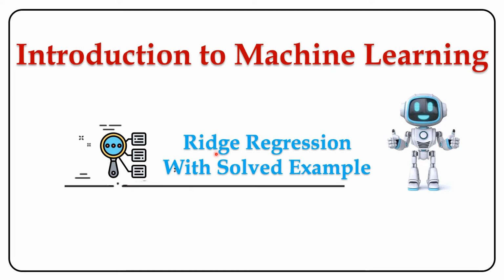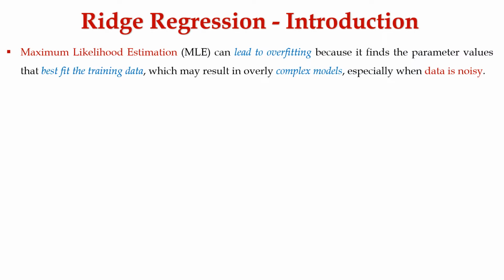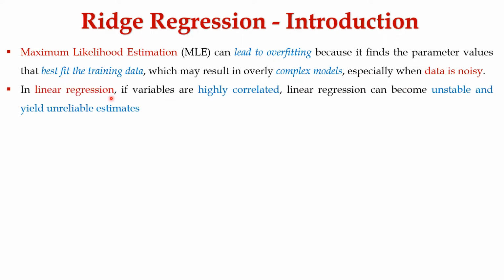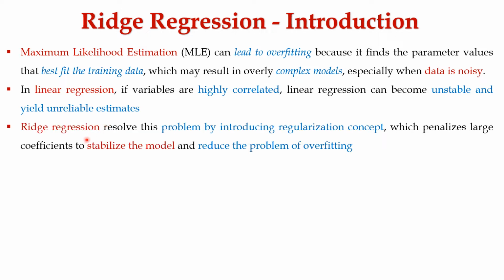In this session, let's learn about ridge regression with an example. As a part of introduction, we all know that maximum likelihood estimation can lead to overfitting because it finds the parameter values that best fit the training data, which may result in a complex model, especially when data is noisy. In linear regression, if variables are highly correlated, it becomes unstable and yields unreliable estimates. Ridge regression resolves this problem by introducing the regularization concept, which penalizes large coefficients to stabilize the model and reduce